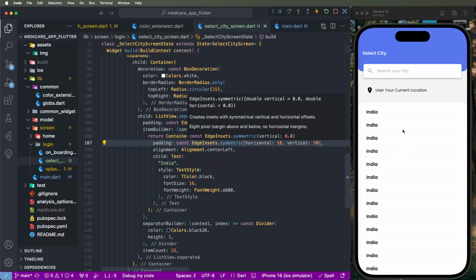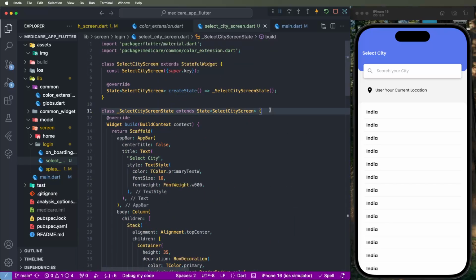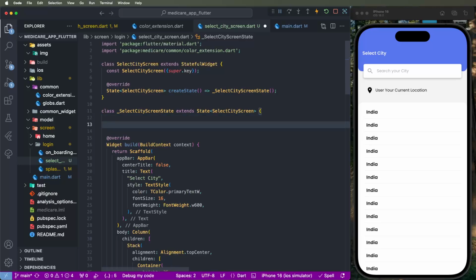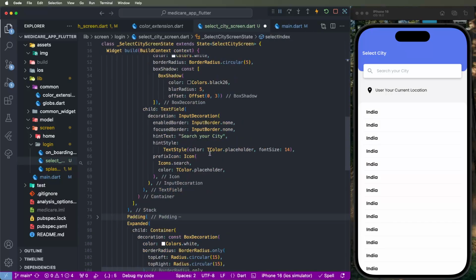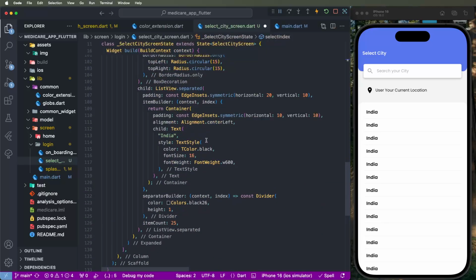Now we need to give the selection events, how to configure here. First of all we need one flag. Now we do not use a bloc because we are making the design, that's why these variables are configured directly here. First of all we need to set an integer and write down selectedIndex, set 0 by default. Need to configure like here, and then after now need to go here and